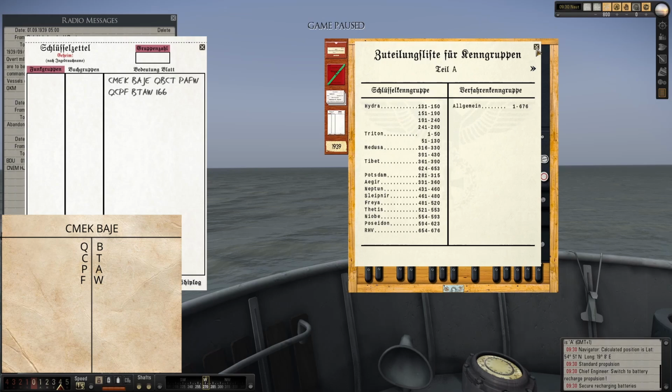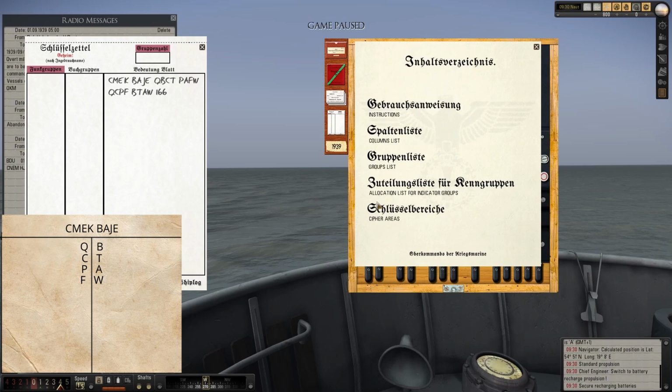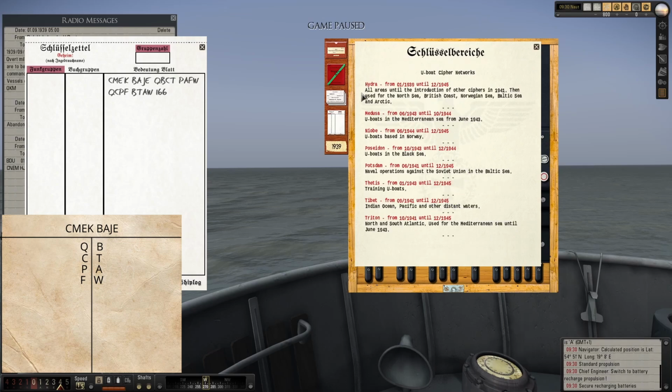Now, an important note here is that for most of the game, if you look at the cipher areas, Schlüsselbereiche here, you will see that most of the game you're probably going to be assigned to Hydra, because the first ones that really kick in for anything are either the really distant waters, which you're likely not going to get to, or the anti-Soviet campaigns, which are also likely going to be different subs. So probably the only ones that you're really going to get are Triton here from late 41 onwards, and or Medusa, which is the Med still. It's kind of confusing, but yeah, most of the time you're probably going to be Hydra,